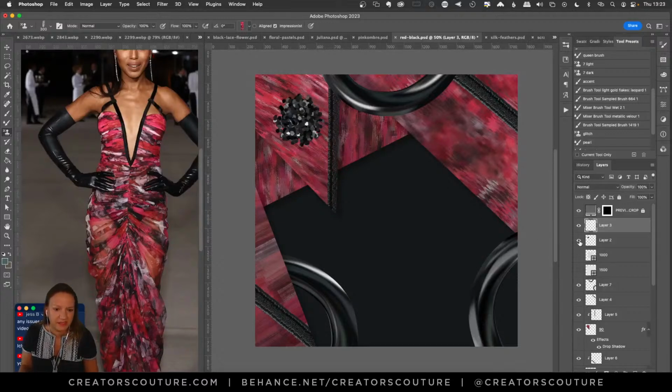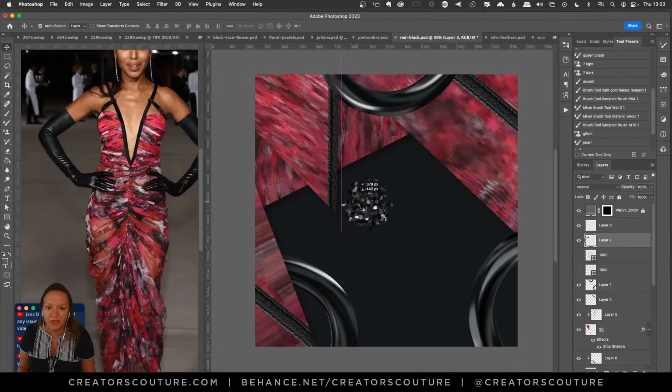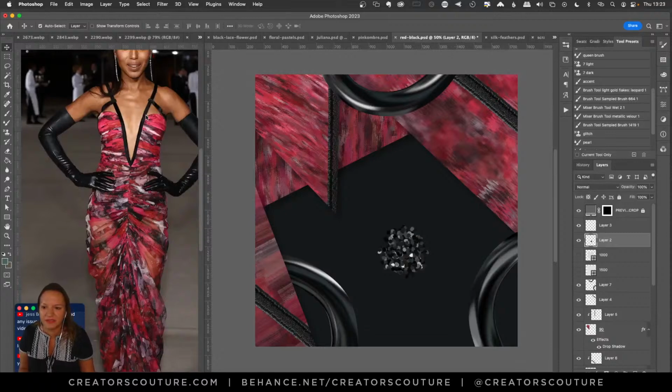And then I did make myself a little color palette here because I wanted to create some brush strokes that were inspired by her leathery latexy gloves. And then I also thought this looked kind of velvety here, like velour.